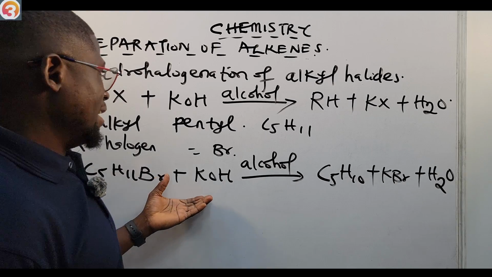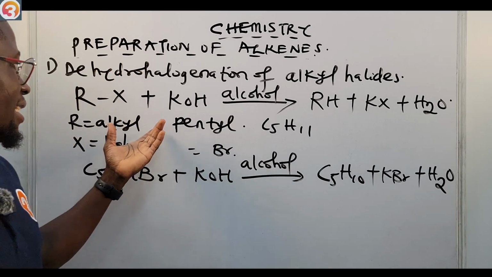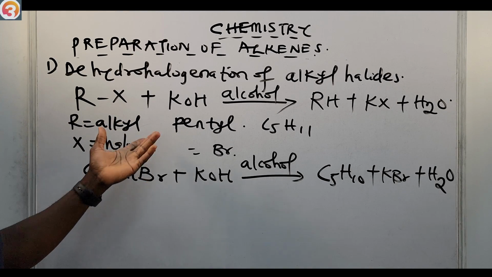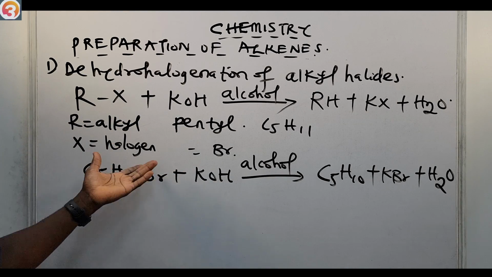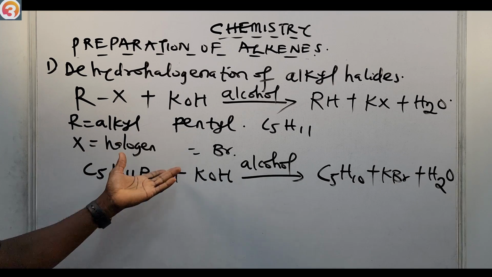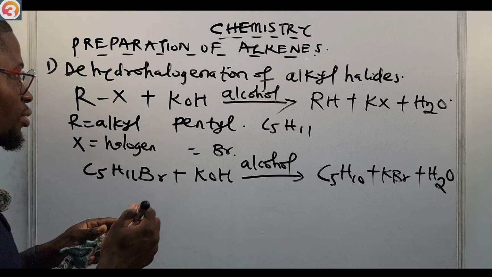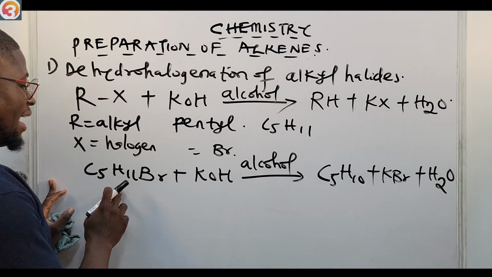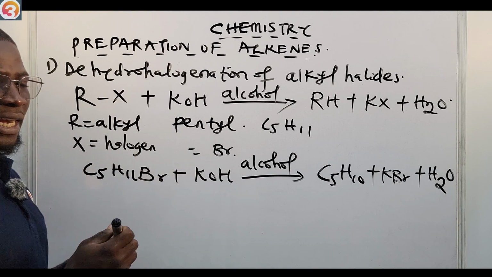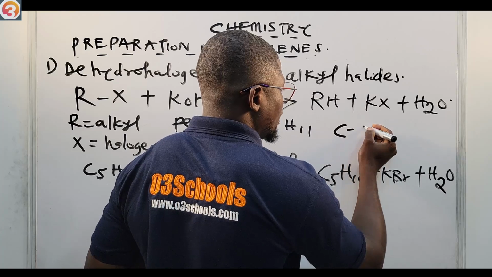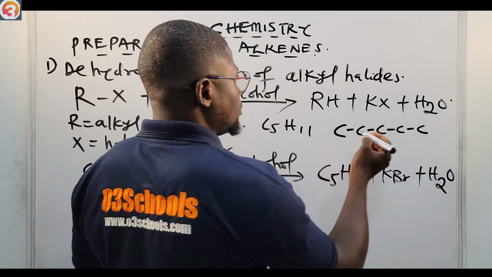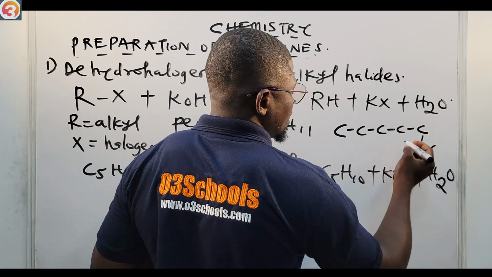When an alkyl halide like pentyl bromide, or 1-bromopentane, or pentyl halides, reacts. Let us draw the structure of this C5H11Br to make it very clear for us. So if this is C1, 2, 3, 4, 5, so that I can know the name of the structure, bromine is here. Then I'm going to have